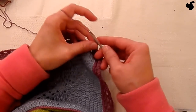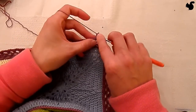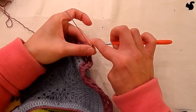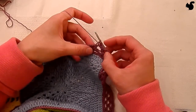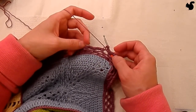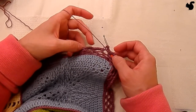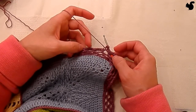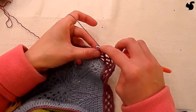Now, chain 3 and in the same stitch make a slip stitch. So that gives you a nice little bubble there. Now we're going to be making 8 slip stitches. It's because we want to go to the tip of this next. So we're going to skip these 4 stitches and go to these 4, and we want to again be on the tip of those. So that's 8